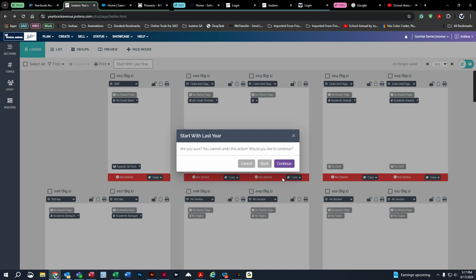Once you're done with that, click on continue. You'll get this little pop-up, this little warning that says, hey, you cannot undo this action. There's no undo button. That's kind of what it's telling you. You can go into the pages and remove what you don't want, but it just lets you know there's no undo button. So once we click on continue,